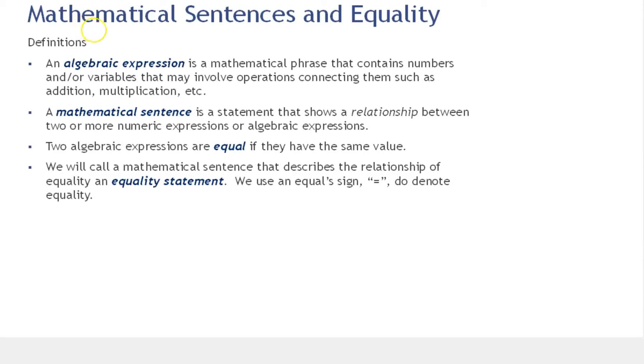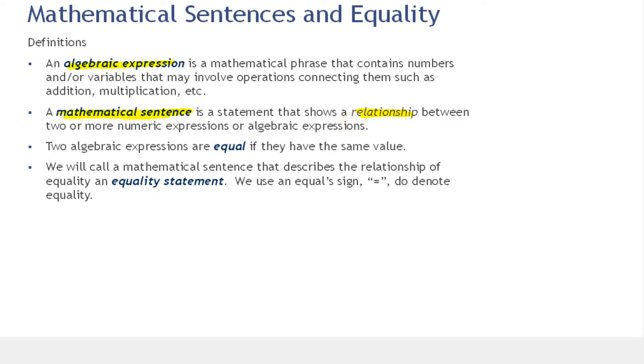In this video, we're going to look at mathematical sentences and equality. So let's start with a few definitions. An algebraic expression is a mathematical phrase that contains numbers and/or variables that may involve operations connecting them, such as addition, multiplication, etc. A mathematical sentence is a statement that shows a relationship between two or more numeric expressions or